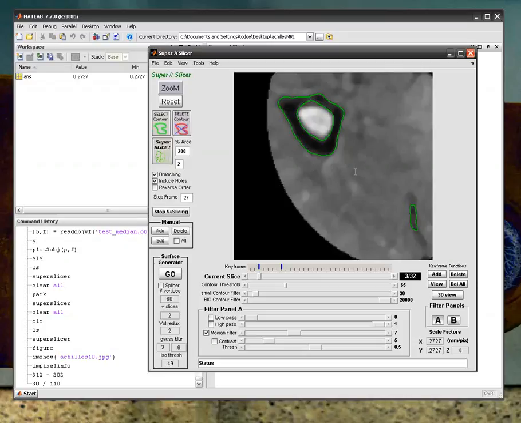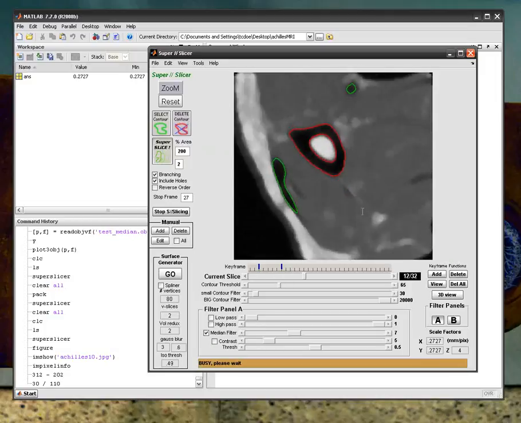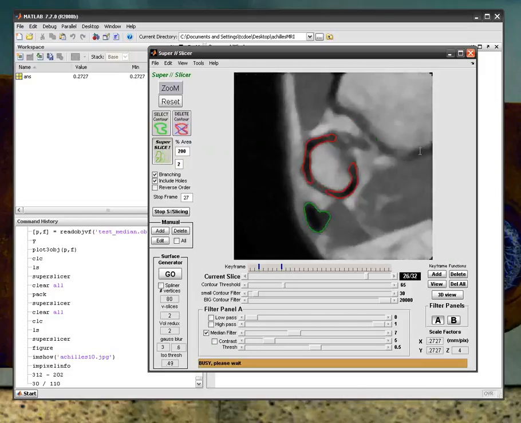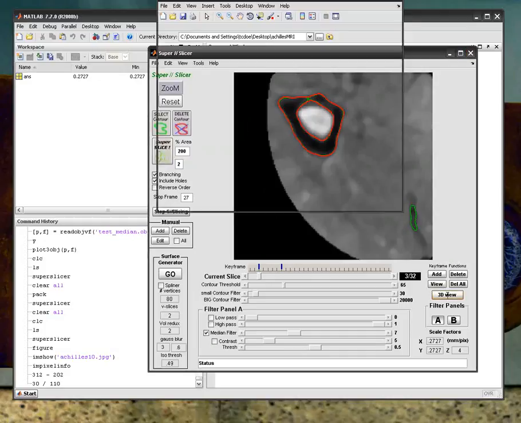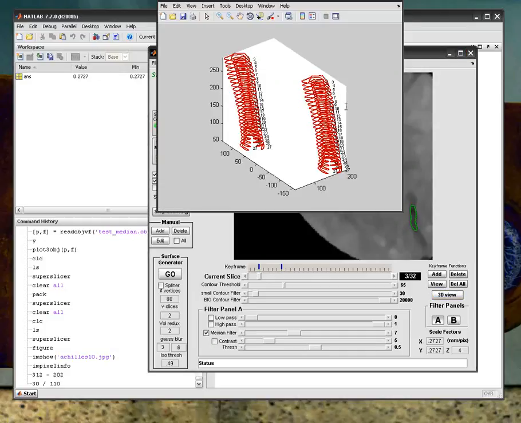Going to see now, I'm going to do the super slicer, and you're going to see how much faster it is when you've cropped the image. How about that? So that's it. We sliced the whole thing, and we can check the 3D view again, and we see that